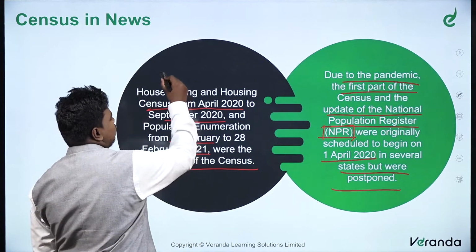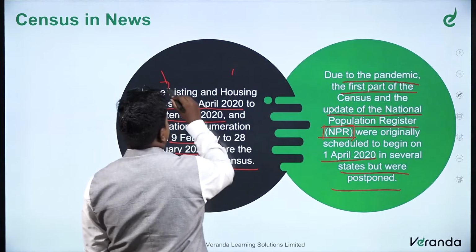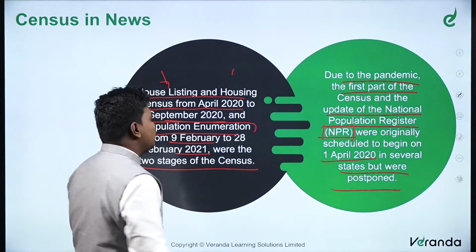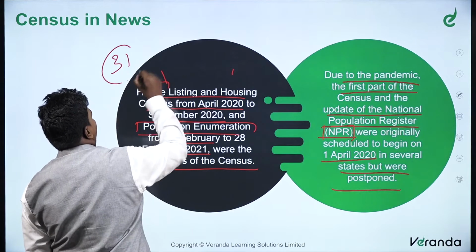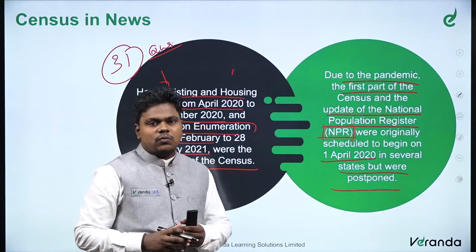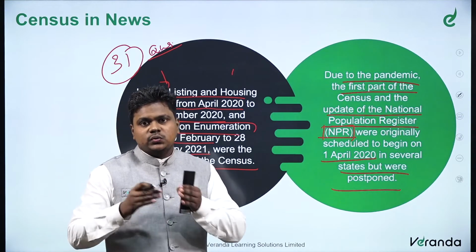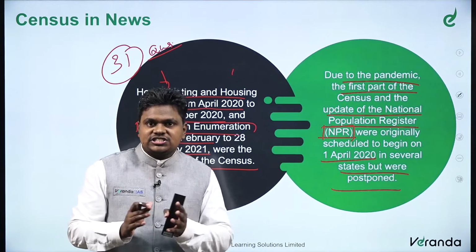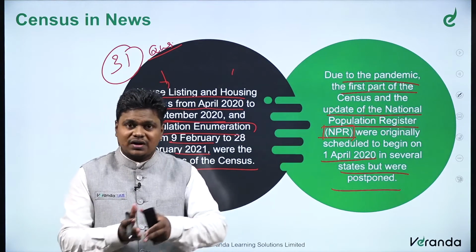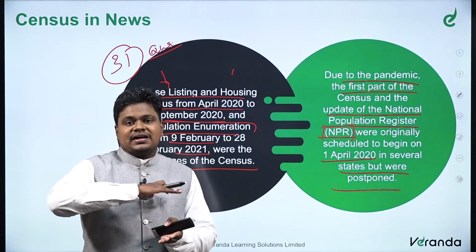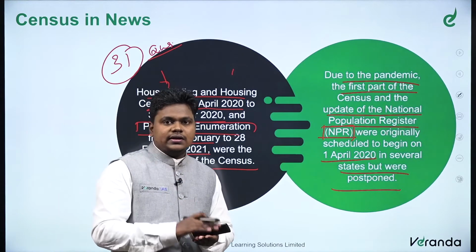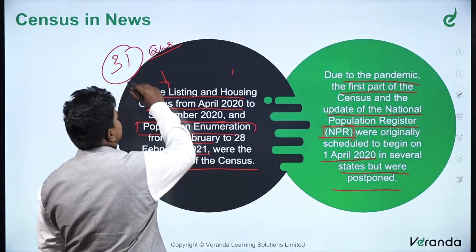So, we see that there are two steps in census calculation, the first one and the second one. What is actually this? In house listing, there will be 31 questions asked in every household. These questions will relate to how many houses you have and what construction is there on the house. What is the type of house we have built, whether it is a kacha house or pakka house, whether it is a ceiling-based house, how many floors we have in this house, how many vehicles we have in our house. Everything will be asked in these 31 questions.